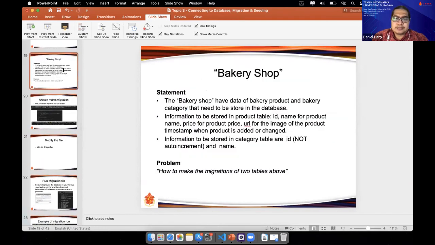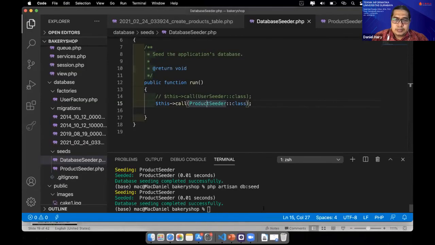Okay, create again for the categories. PHP artisan make:migration create categories table.